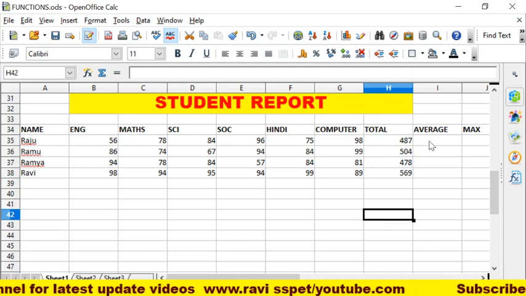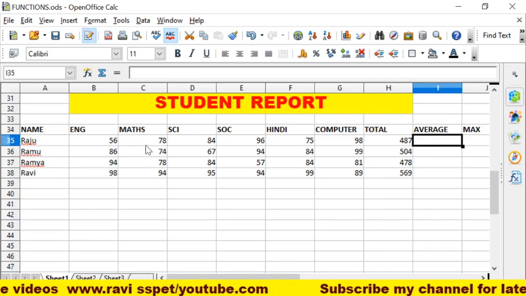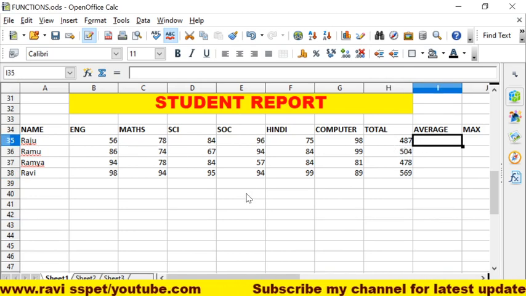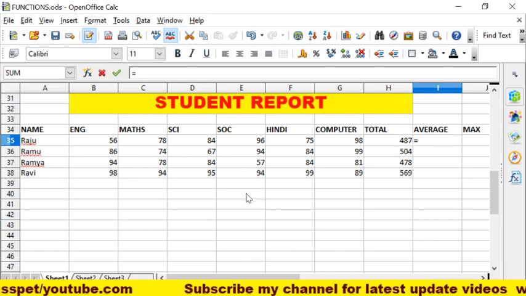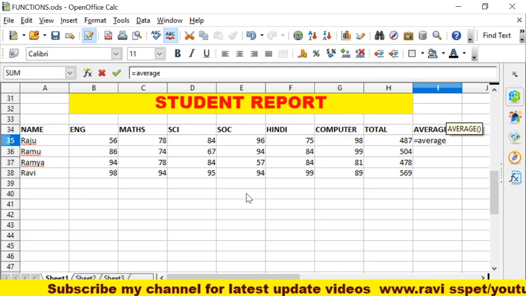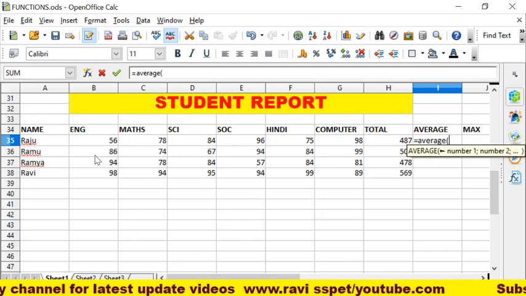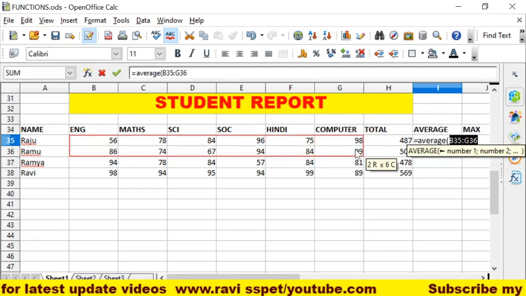After that we have to calculate the average, that means percentage. For that also, first of all we have to give the equal sign. After that, AVERAGE, open bracket. Then from where to where? From here to here.